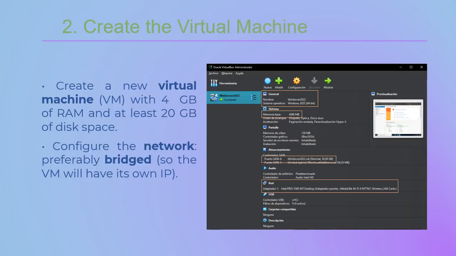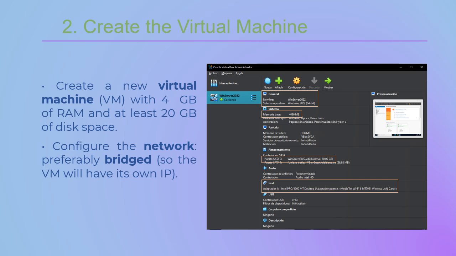So first, we will create a virtual machine where we will install Windows Server 2022. And this virtual machine will need at least 4 gigabytes of RAM and at least 20 gigabytes of disk space. I used 50 gigabytes in my case.